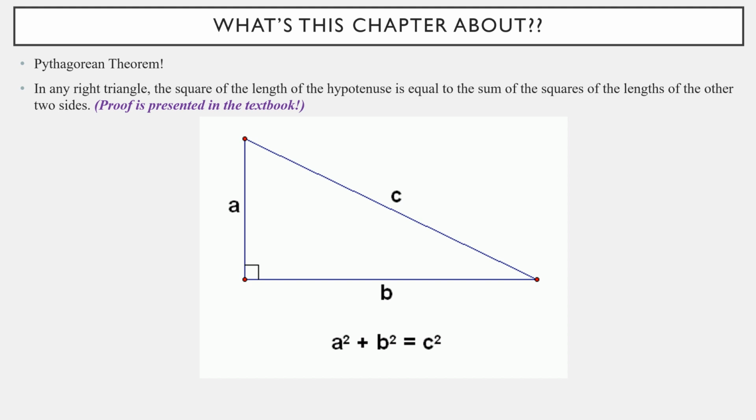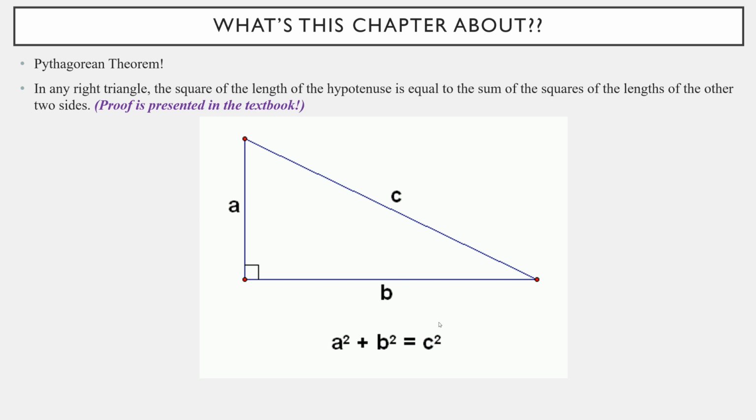It says this: in any right triangle, the square of the length of the hypotenuse. The hypotenuse is the longest side of a right triangle. It's also the side opposite the 90-degree angle. Here would be the 90-degree angle. The square of the length of that is equal to the sum of the squares of the lengths of the